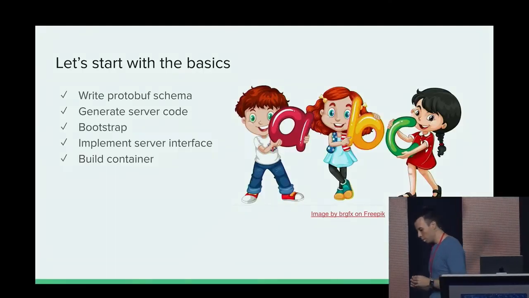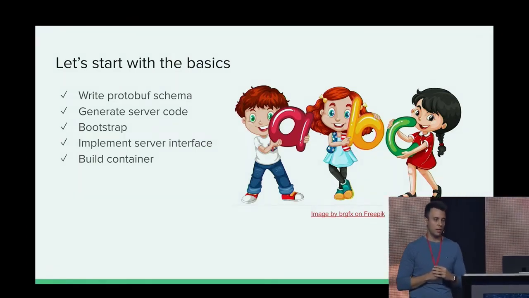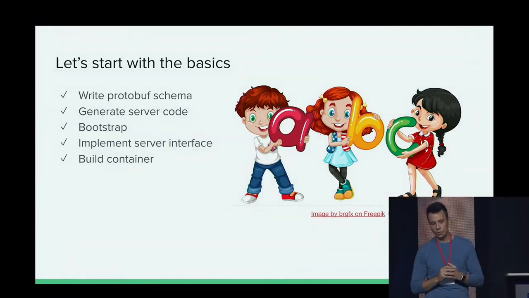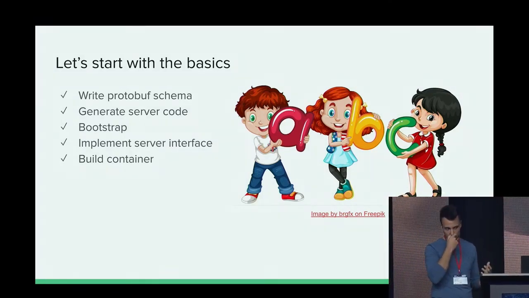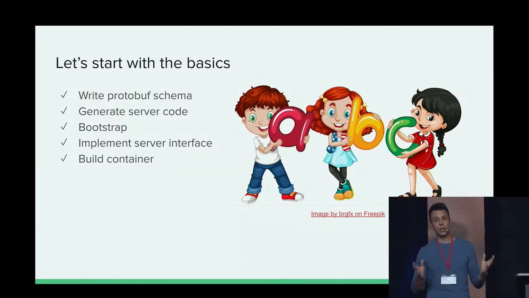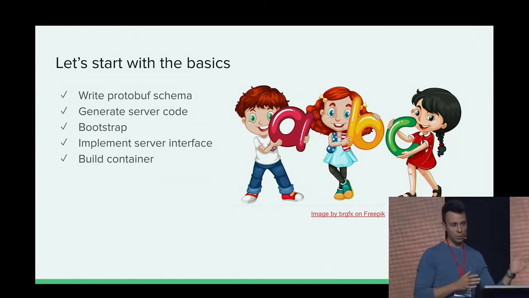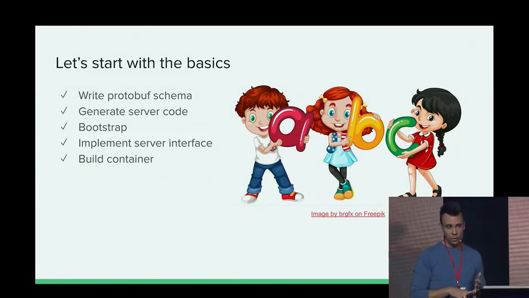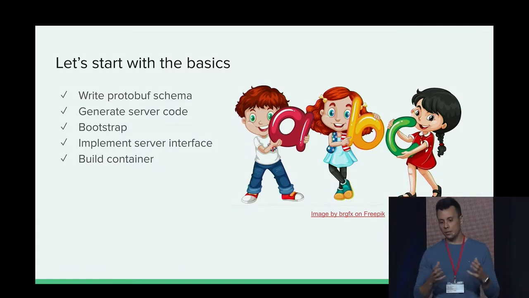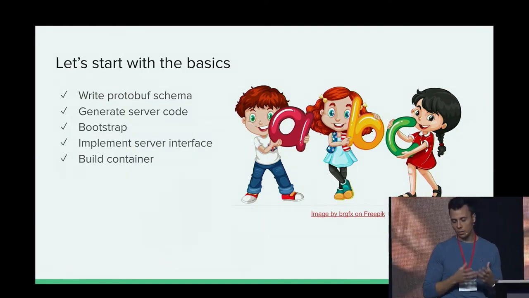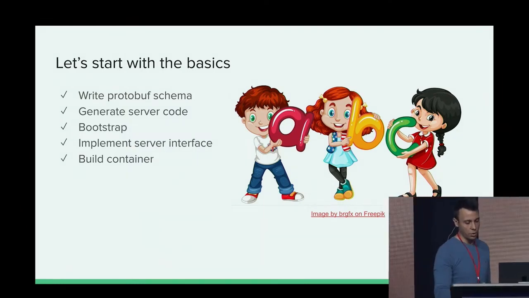So we decided we want to use gRPC. It's nice, performant, good support, and has some nice features. For example, it runs over HTTP2. It uses binary encoding, so it's efficient, so we like it, and we start working with it. If you take a look at the gRPC website, there is a getting started. I will not walk you through that, but basically what we do is we write the schema, we generate some code, we bootstrap a service, and we implement a service interface that is generated based on the schema, and then we have a container, which is our service, which has an API.